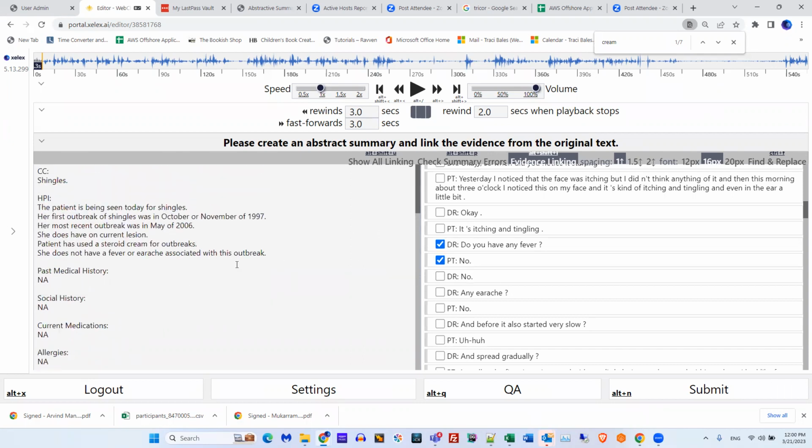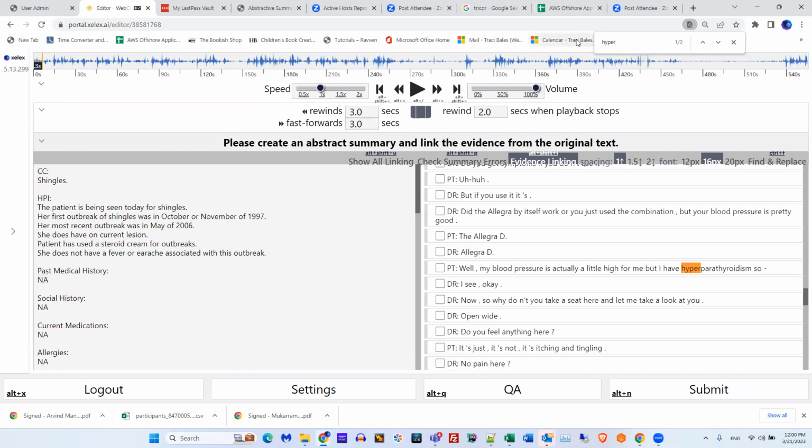Okay, I'm going to come back up here. Past medical history. So she does have a history of hyperthyroidism. Let's get there in my notes. Yeah, and Tracy, she came in with the problem of shingles, as she's saying, for the third time. It's kind of recurrent shingles. So can we put it in the past medical history that this patient is having shingles? Yeah, in the past, I think so. Yeah. Okay. Because that is a past issue as well.